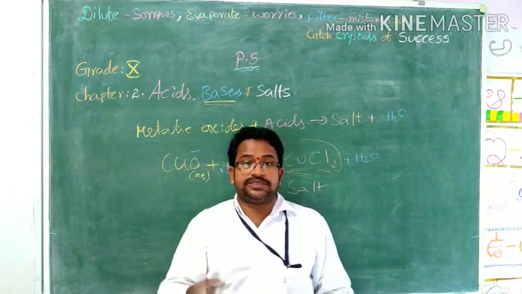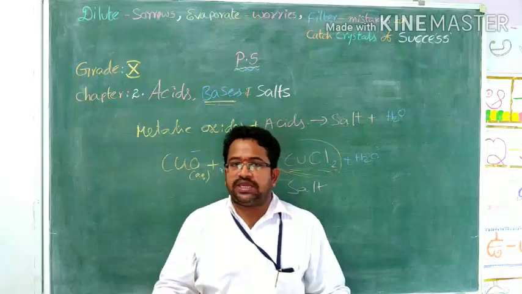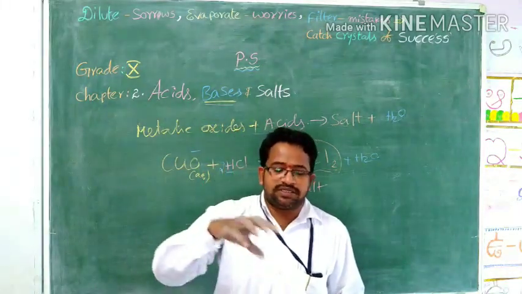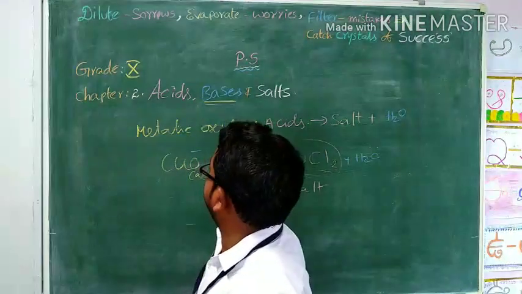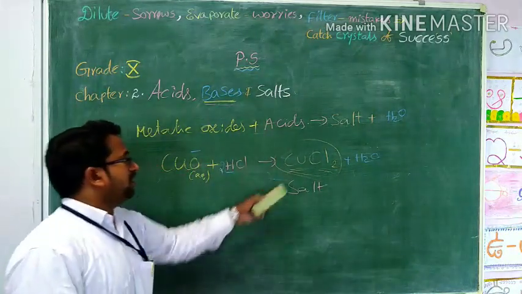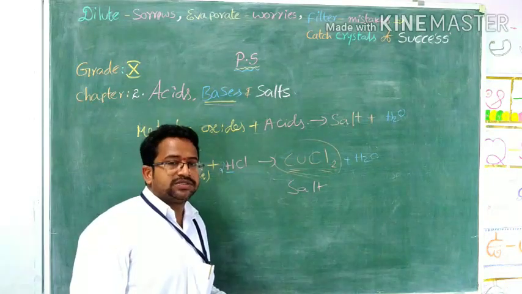Strong acid with weak base, acidic salt will form. Strong base with weak acid, basic salt. So like that the nature of the salt is identified. Now metallic oxides combined with acid give salt and water. Here the color of this one is important, bluish green. Okay, so follow the textbook